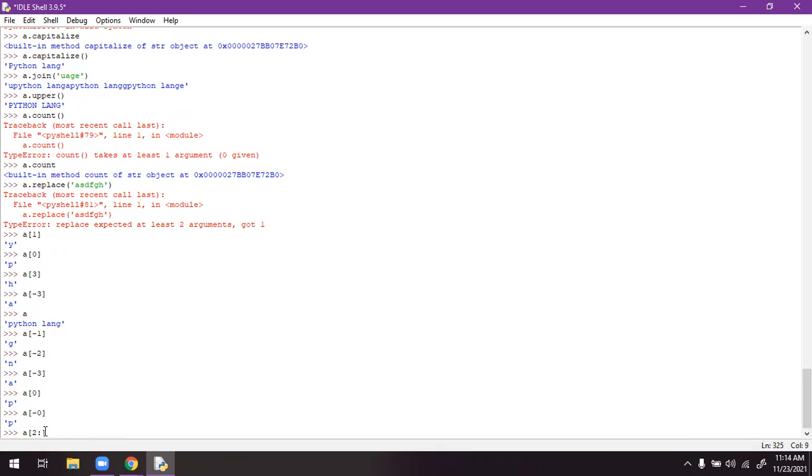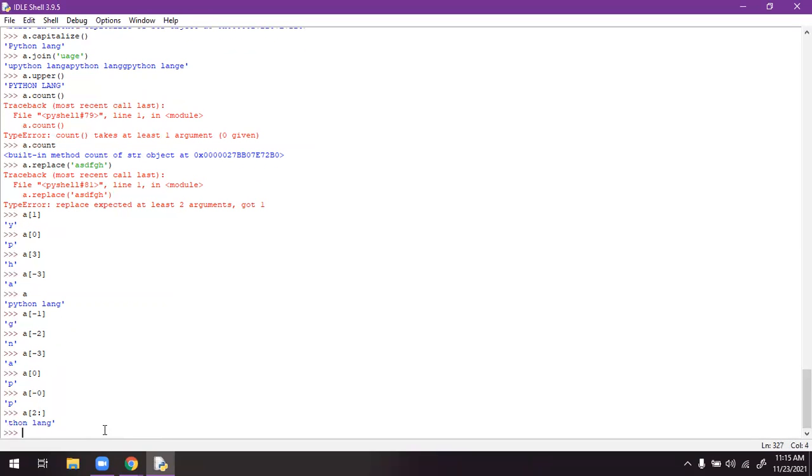If you hit enter, what will happen? This is the zeroth index, this is the first, this is the second. From the second index we will get all the characters, thon language. The zeroth index and first index are skipped, and the remaining letters are printed as they are.